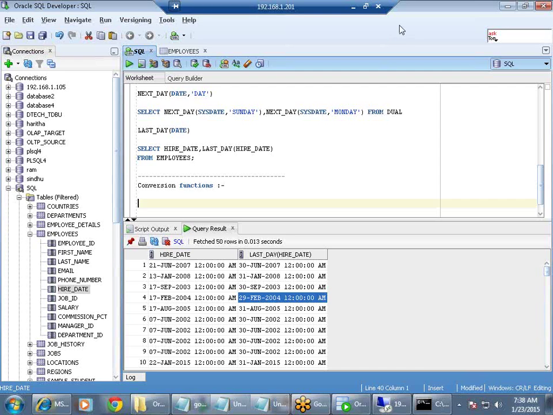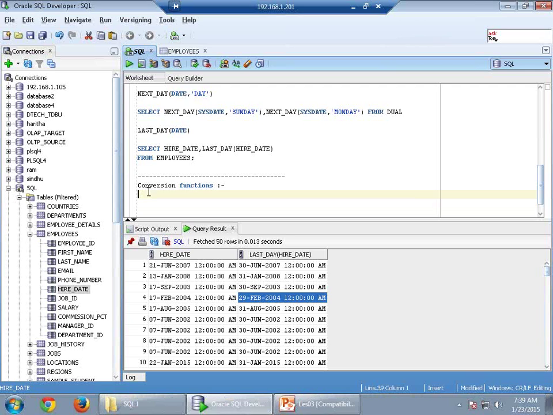Okay. So let's talk about the conversion functions, how we use the conversion functions. We have basically three things. So one is a to-char function, which converts date to the character,